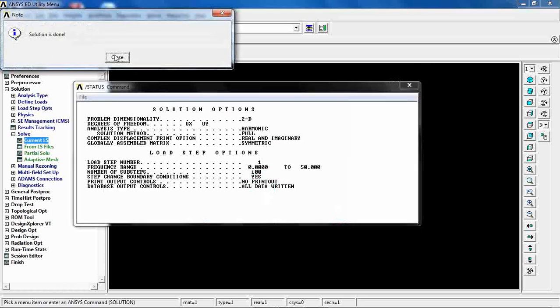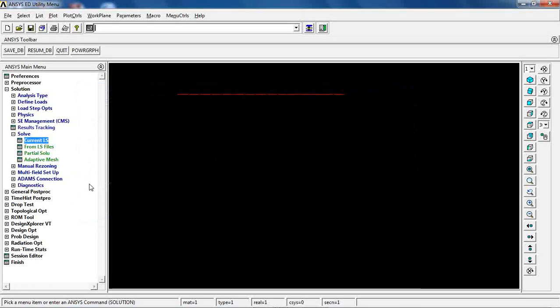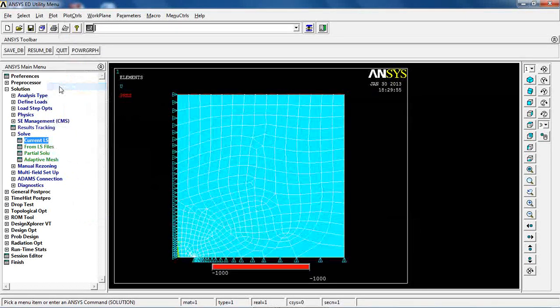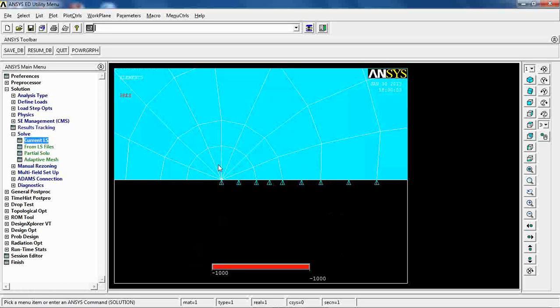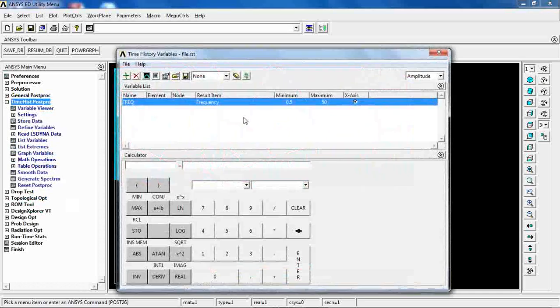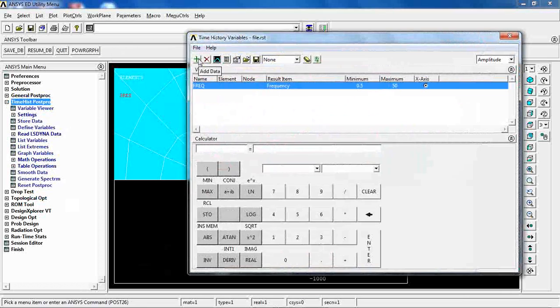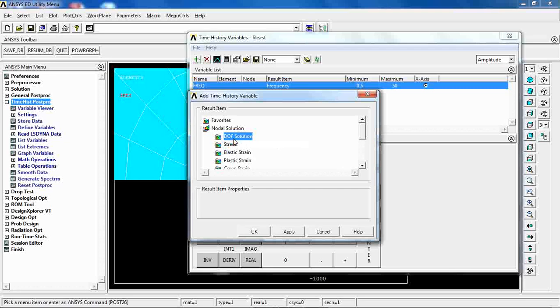So yep, after a while the solution is done. Then I can come and plot elements, so everything is here. I want to zoom to this point, so I come to here, click zoom, and pick zoom at that region. Come to time history post-process, and click add data, degree of freedom,